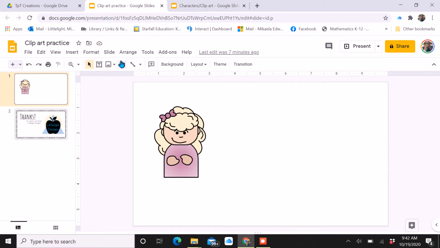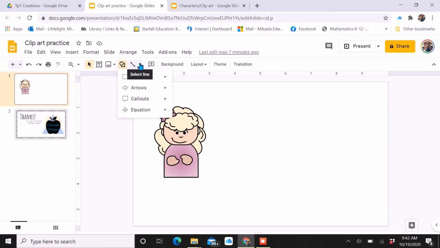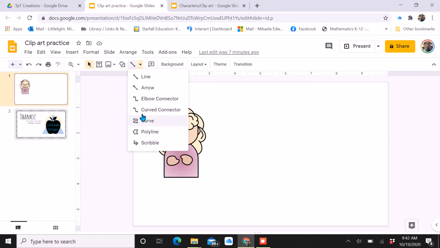So go over to your shapes and you want to start with the face. There's different options. You can see this rounded rectangle. It could be a good face shape. There's obviously the perfect circle. And there's this line tool in Google Slides that you can actually make your own face. And this is great if you don't want it to look perfect, if you want the